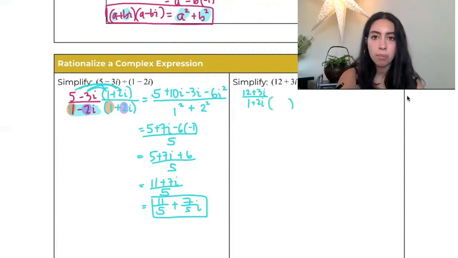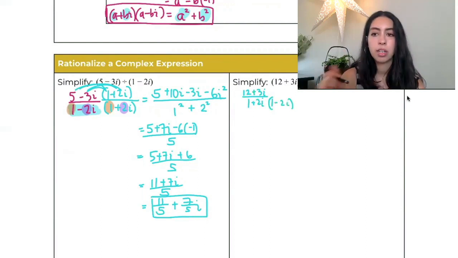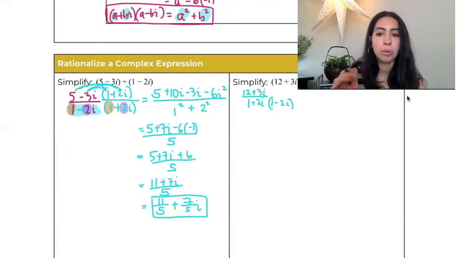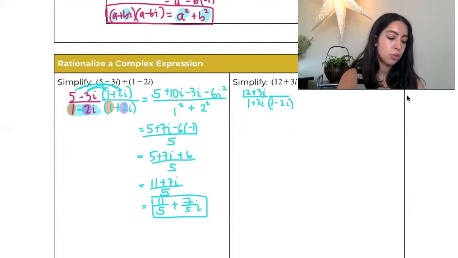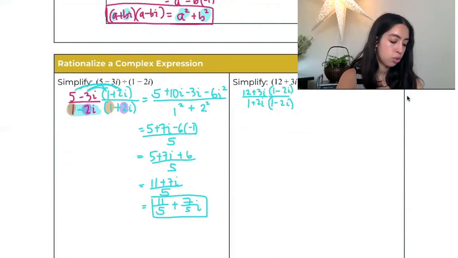How do you find the complex conjugate? You pretty much rewrite the same thing, but just change the sign. So over here, we originally had a minus, and so the conjugate was a plus. Over here, we originally have a plus, so the conjugate is a minus. And whatever we do to the bottom, we have to also do to the top. So we're going to multiply these two together up top,